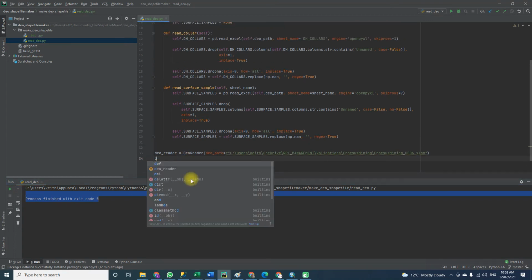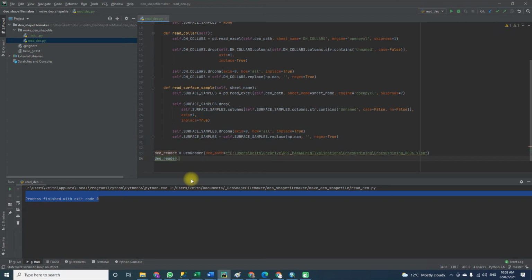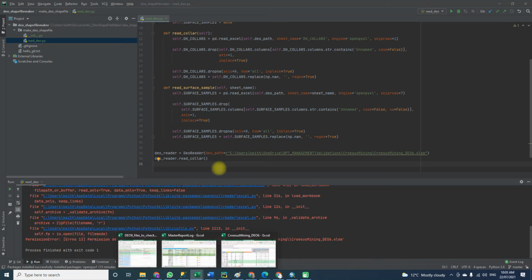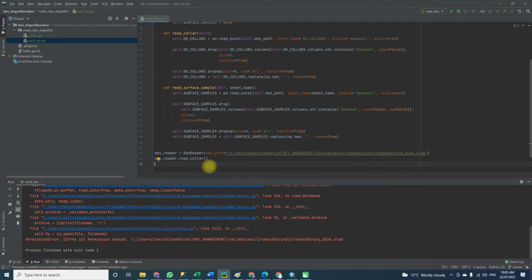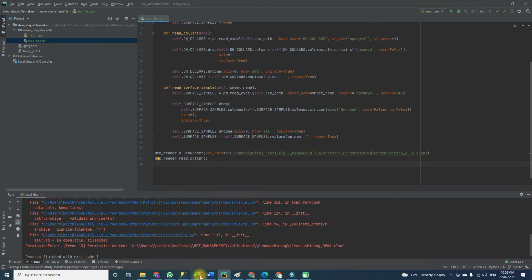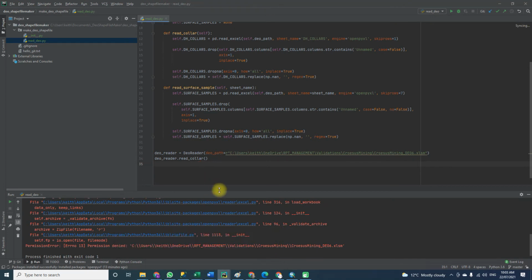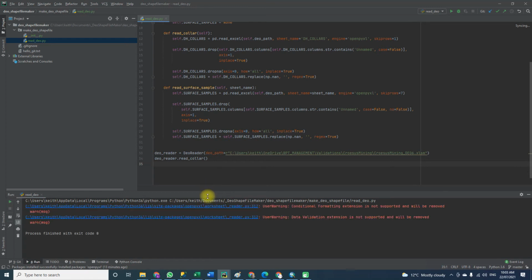So if I say deo_reader.read_collar, run it again, it says permission denied because the file is open. So we have to either write some code in here which won't let you do it unless the file's open, or we just let it crash. It's a bit of a dumb code at the moment, so we'll just let it crash, and we'll just have to make sure that we close the file. With the file closed and we run it, now we've got a couple of user warnings, but it's read the